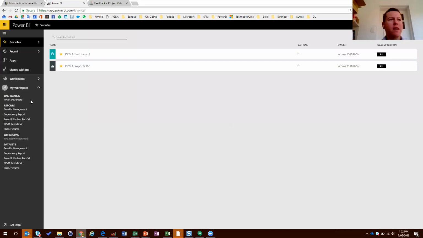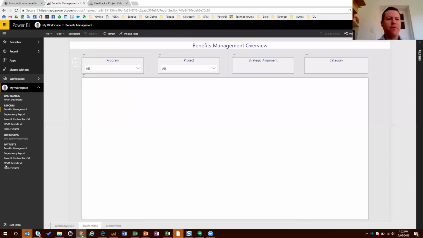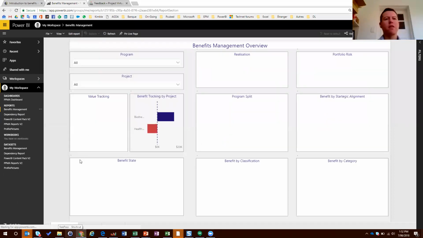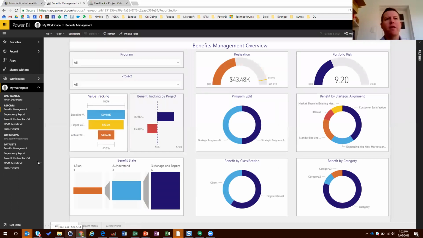Right. So in here, I have a benefits management report. This is a sample, right? This is just something I've developed for the purpose of that presentation today. But what you can see here is a view of the information which is coming out of the benefits